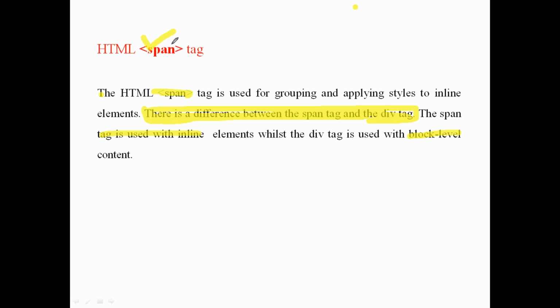This is not block level, this is an inline element. So with the span tag you can highlight the important words and change the style and color. This is the use of the span tag.